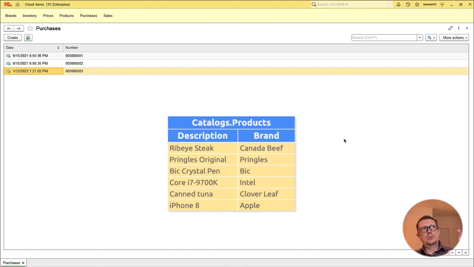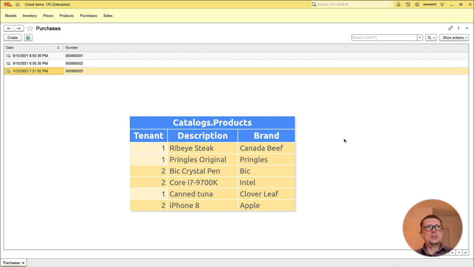This is one way of doing that, but OneC Enterprise went a different route, and what we did instead is we split the table into areas belonging to different tenants. And basically, we are adding a new attribute to every split table, and this attribute tells whose this specific record belongs to, which tenant it belongs to. So let's see how we can do that using OneC Enterprise.